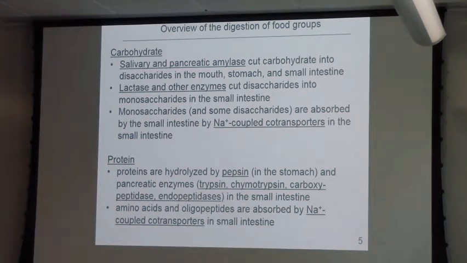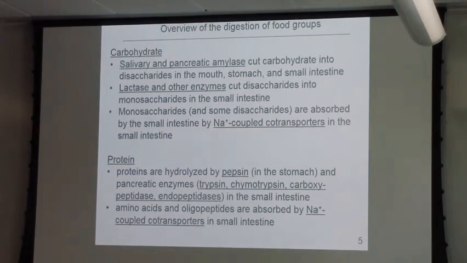And there's going to be an enzyme called pepsin. Pepsin is a protease. And it's going to start breaking down proteins into oligopeptides and amino acids. So we're going to have pepsin in the stomach, and then there's going to be a series of pancreatic enzymes that are released from the pancreas into the small intestine, just like the amylase story, called trypsin, chymotrypsin, and carboxypeptidase that are proteases in the small intestine, coming from the pancreas, that break down proteins more into